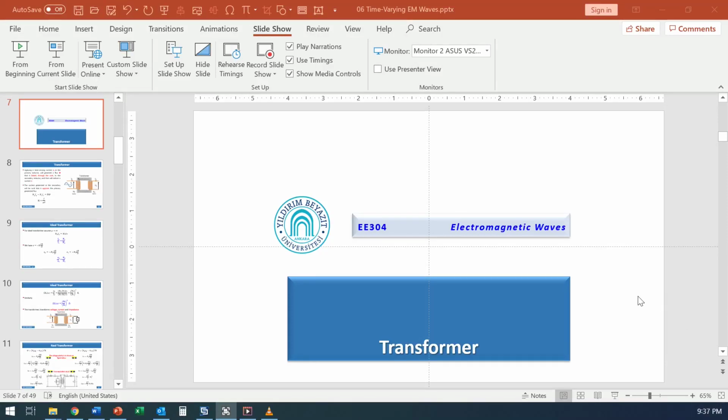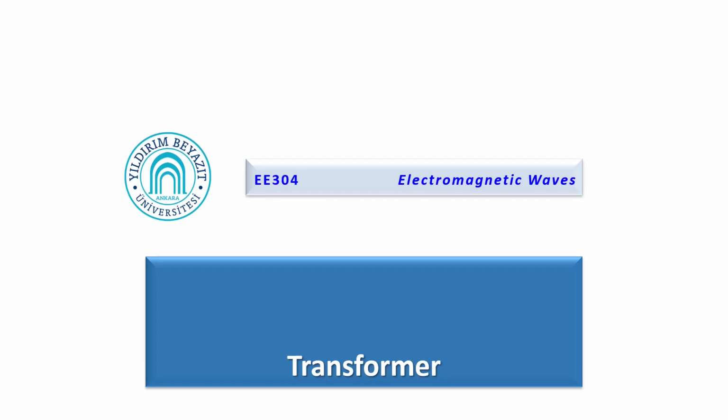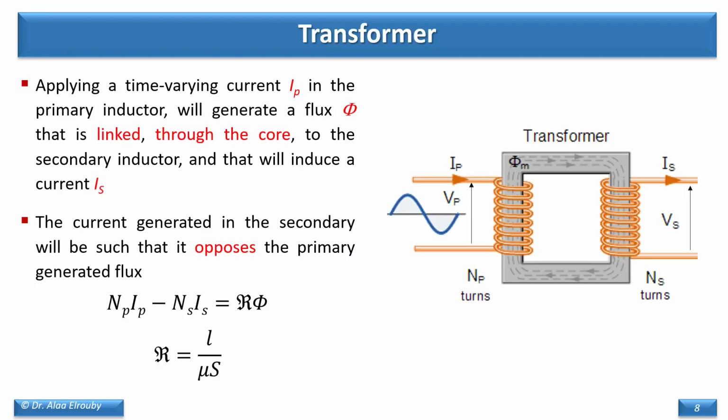Okay, another application for Faraday's law, other than the examples that we just shared together, is the transformer. I think all of you had studied the transformer in one way or another before, and the transformer looks like what's shown here, where we have a primary